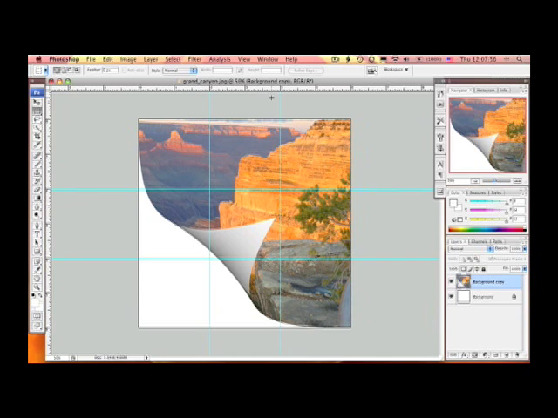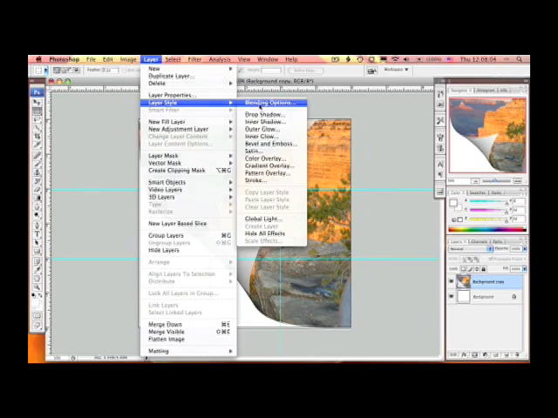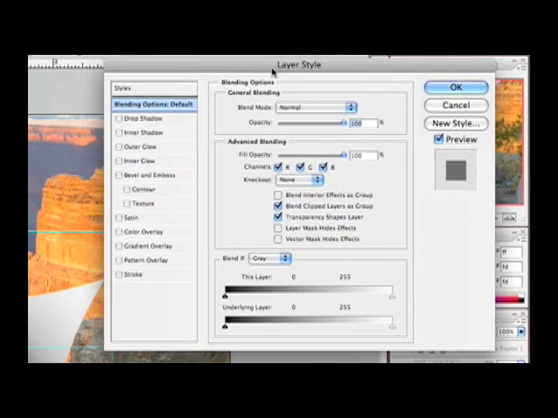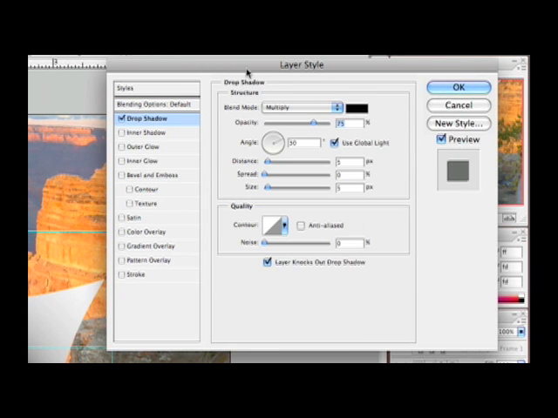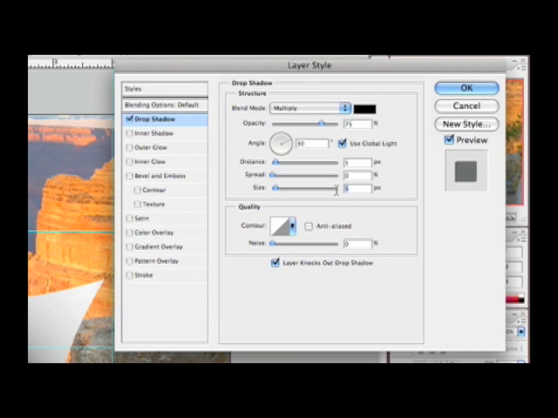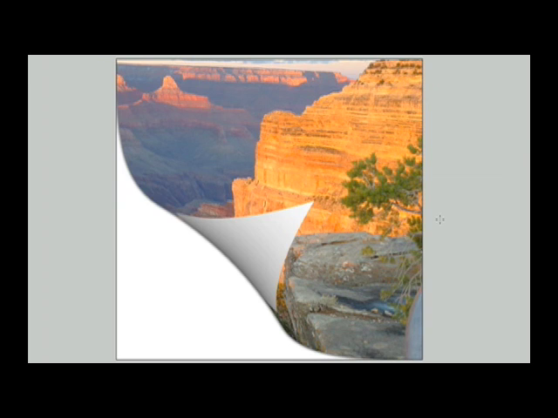The next thing that I want to do is apply a drop shadow to this particular layer. So I select Layer, Layer Style, Blending Options, and I'm going to select Drop Shadow. I'm just going to change a couple of little adjustments here, like the size, and select OK. And you've just made a very realistic page curl in Photoshop using the Warp tools, and you've just mastered it